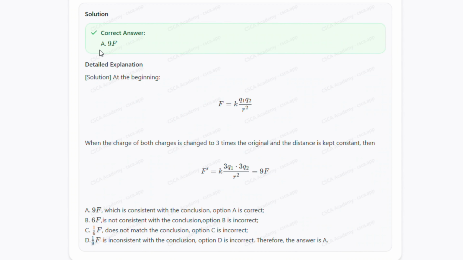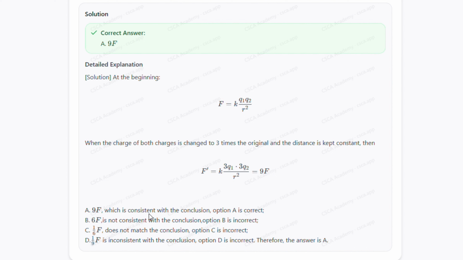To solve this problem, we use Coulomb's law. At the beginning, the electrostatic force between the two charges is given by F equals k q1 q2 over r squared. Here, k is Coulomb's constant, q1 and q2 are the magnitudes of the two charges, and r is the distance